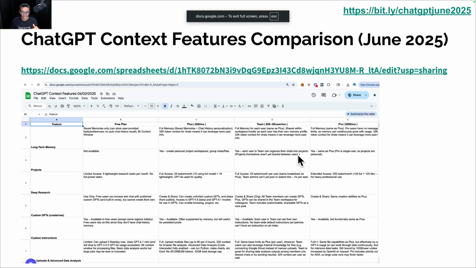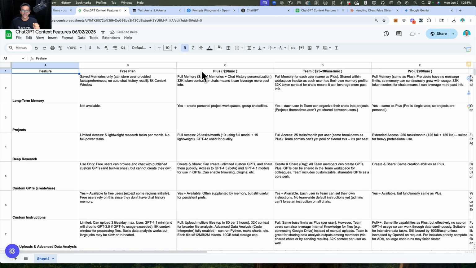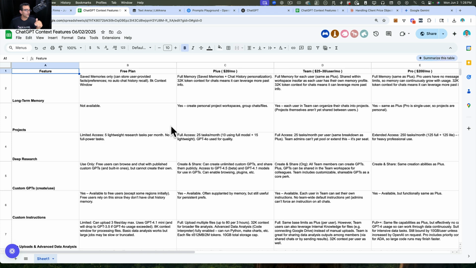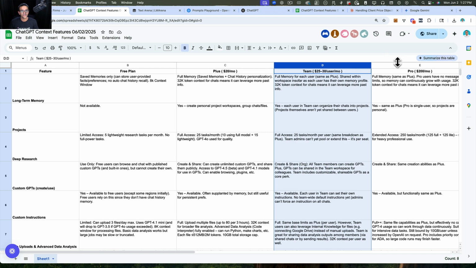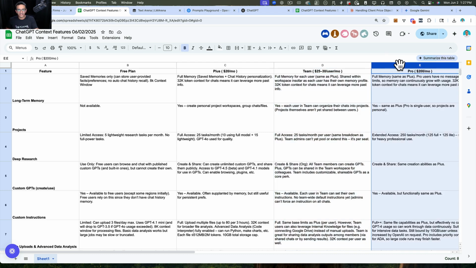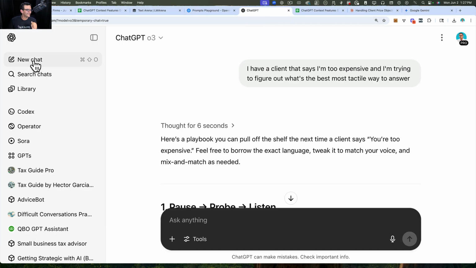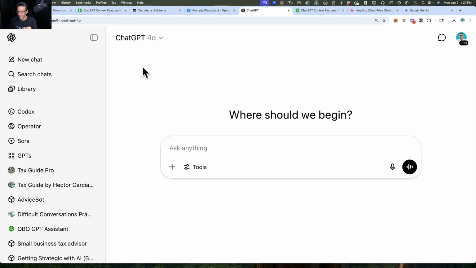Both of those links are in the slides. The other link you're going to see in the slides is this little spreadsheet I put together, which is a quick comparison guide of all the things that we're going to be covering through this webinar: the custom instructions, the memory, the deep research, custom GPTs, so you can see how they work contextually to which version of ChatGPT you're in. So this chart is mostly useful for people only using ChatGPT, not comparing multiple. I'm going to launch the second polling question, and we'll put that up for about a minute or so, and then we'll go back into ChatGPT and start digging deep into all these different nuances.